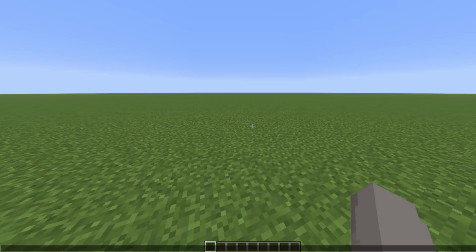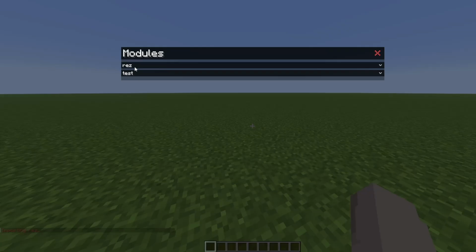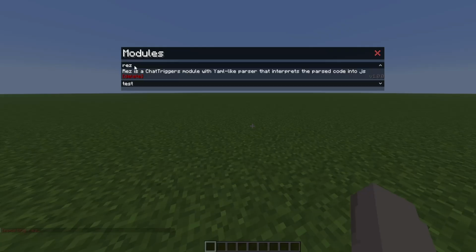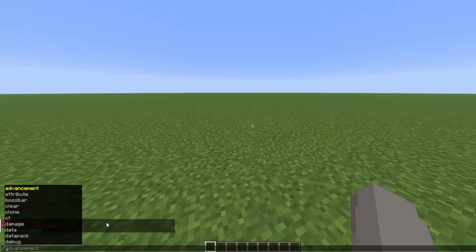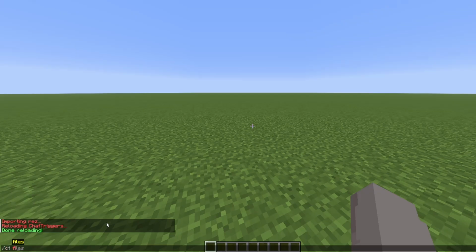And in the game, if you have ChatTriggers, do ct import res. I'm in 1.21.9 because it doesn't matter which version you are, it should work for every version. You can see here that it is here, and just ct load because it didn't do that for us. Now what you're gonna do is do ct files and hit enter,